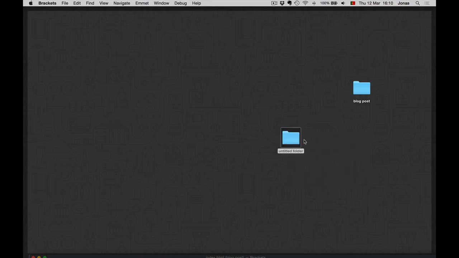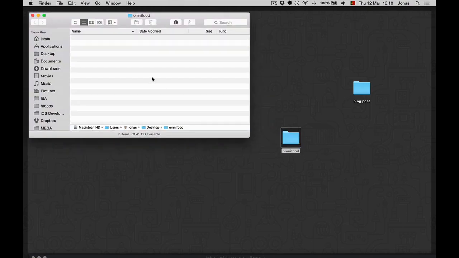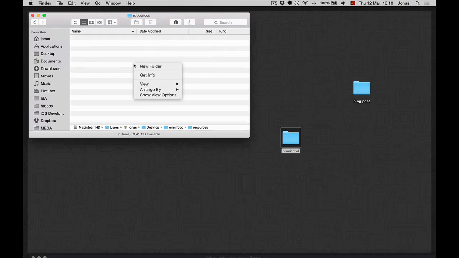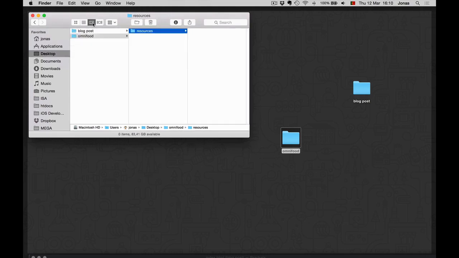So I'll start by creating here a new folder, and I will call this OmniFood. All right. So now inside of this, I will create a first folder called Resources. And inside of that folder, let me show you like this. Okay, inside of the Resources folder,